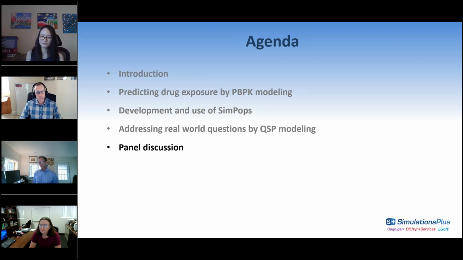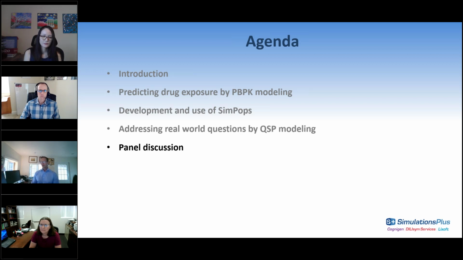Another excellent question. The answer is, if we understand that two SimPops parameters are interactive, that there is a mechanistic relationship between the two, then it's incumbent upon us to ensure that that is recapitulated within the simulated patients. And if there's a correlation, then we can certainly allow that correlation to be present in the simulated population as well, either as a consequence of the phenotypic description of each patient, or by directly imposing it.